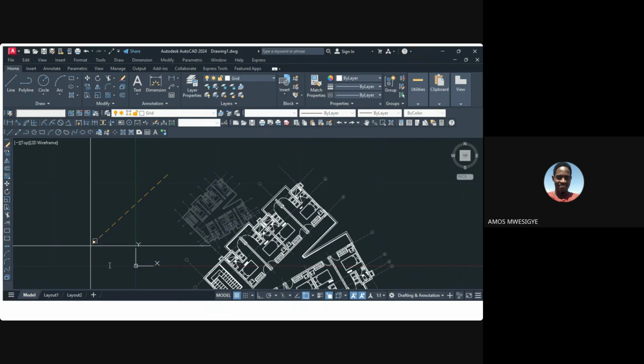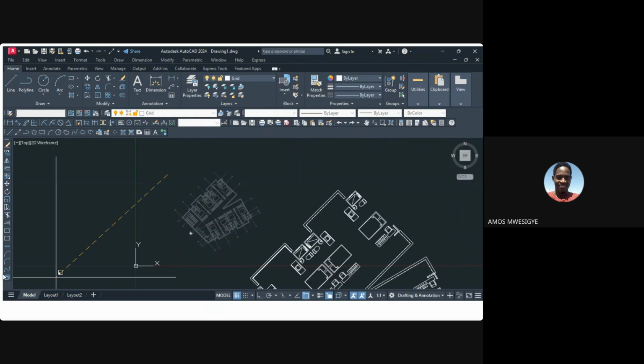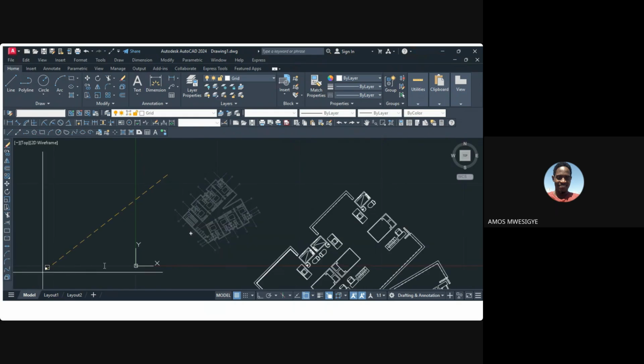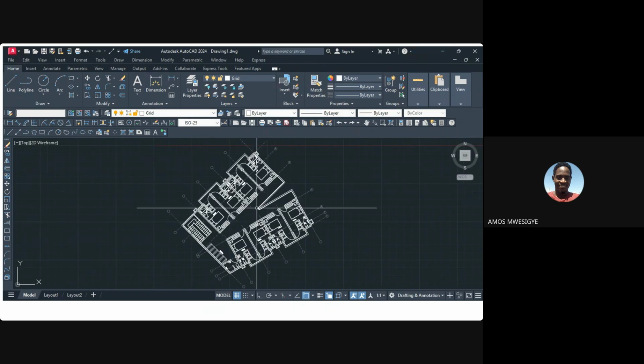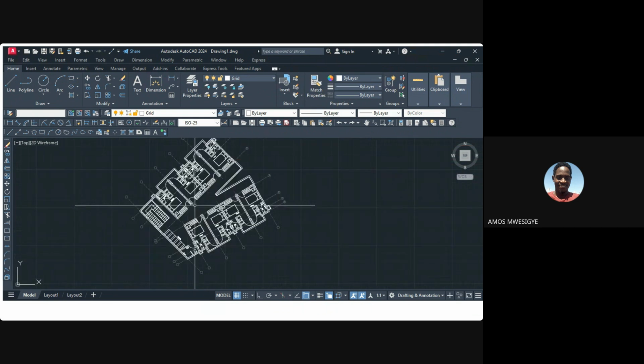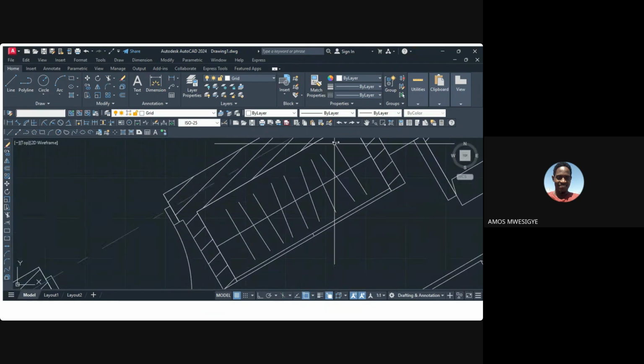Here it tells you to specify scale factor or copy or reference. So here I'm going to specify the scaling factor because I had calculated it here and it's already in my RAM because I copied it. So I can just paste it here, and paste it there. So this is my scale factor. After pasting, I press enter. So if I pan, my drawing is here. So if I'm to measure this wall again,